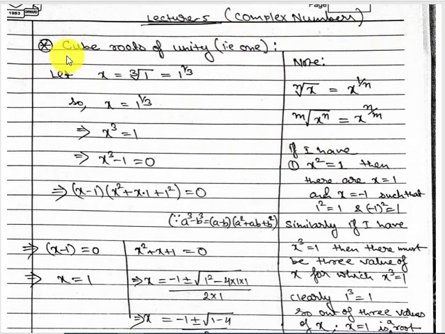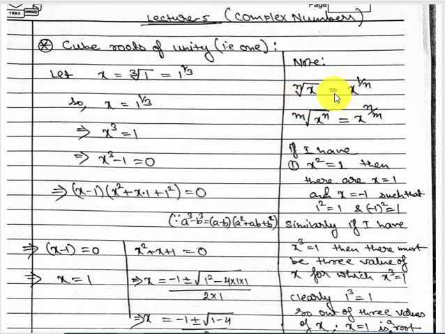So here we are going to do cube roots of unity. Cube roots of unity, that means cube roots of 1. Before I start the explanation, how do we get the roots and what are the roots? These things I've written for you. nth root of x. When it's written like this, with n and this symbol and x, that means nth root of